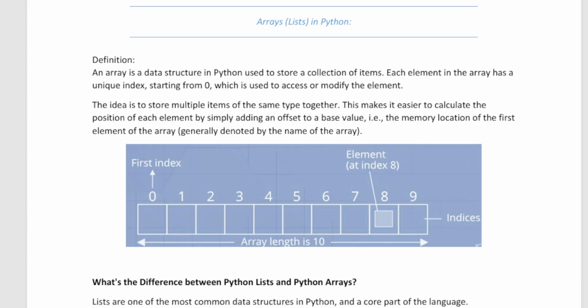The idea is to store multiple items of the same type together. This makes it easier to calculate the position of each element by simply adding an offset to the base value, that is the memory location of the first element of the array, generally denoted by the name of the array. So if you want to understand this concept,